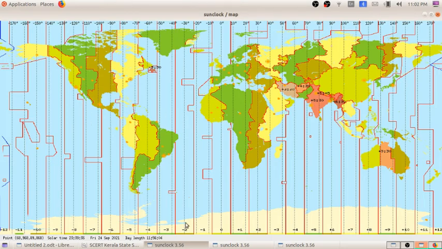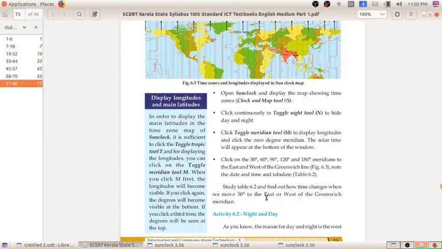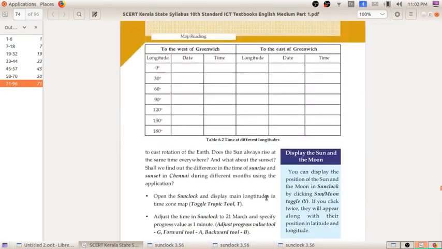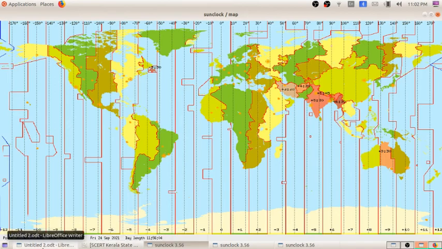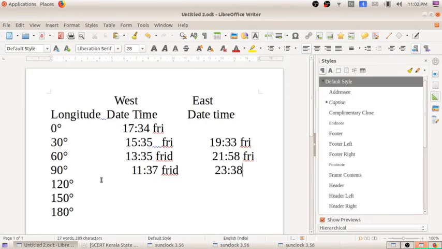In the same way, we can go for 150 degree and 180 degree. So after filling that, what change can you notice? Now I am not filling the whole thing. I hope you all understood.